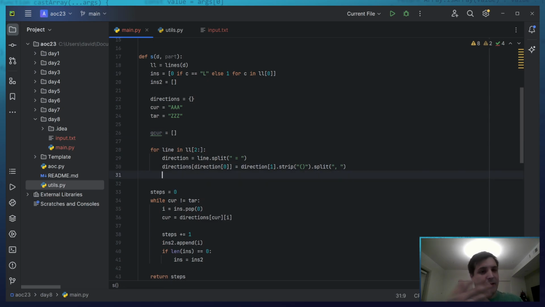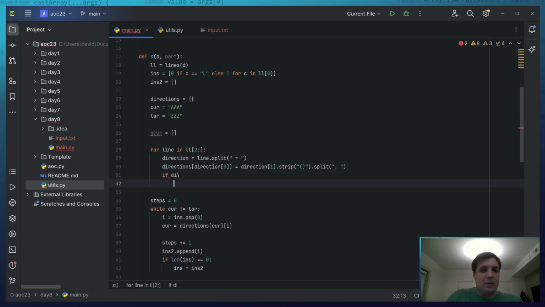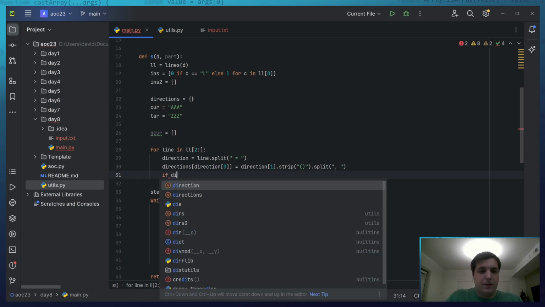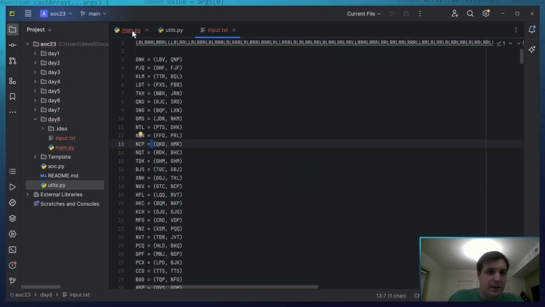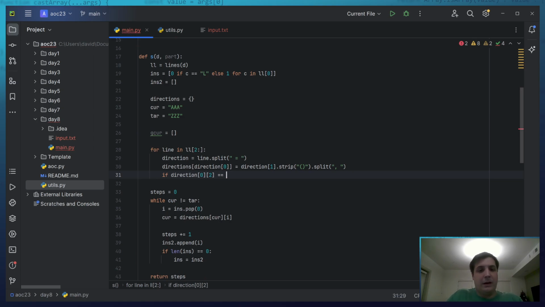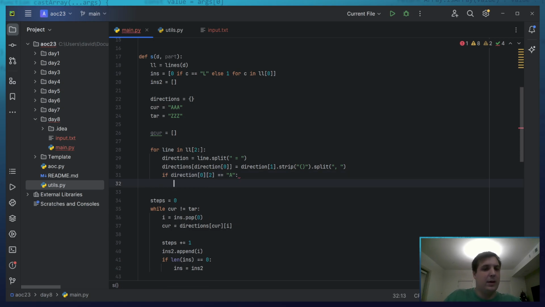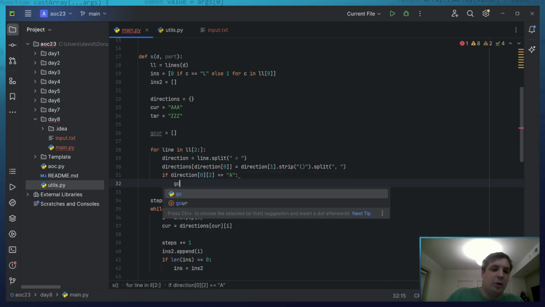While I save all the directions, I want to pay attention to this: if the third letter of direction 0 equals A, because they're always 3 letters, then I want to add it to ghost current.